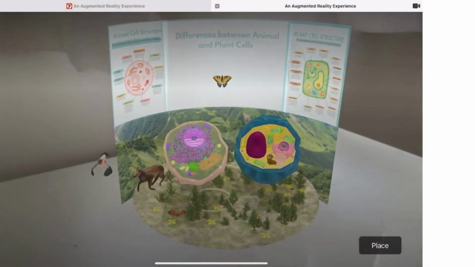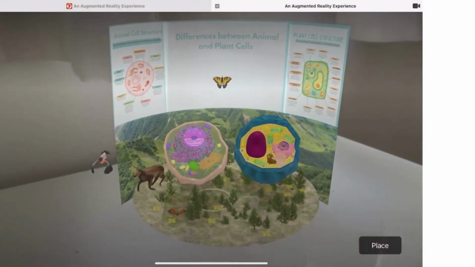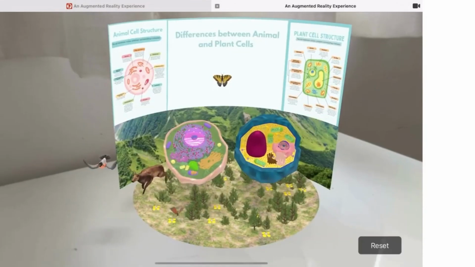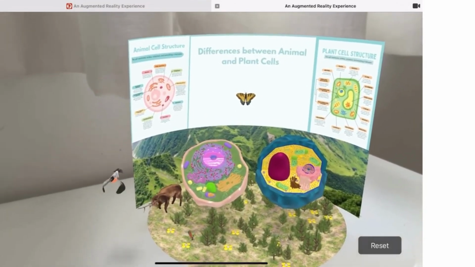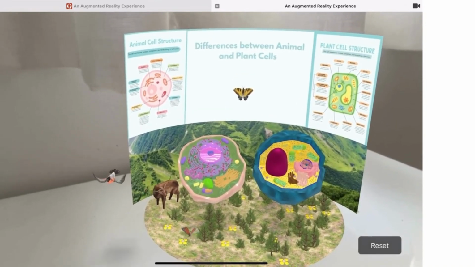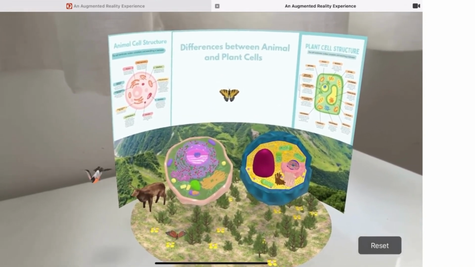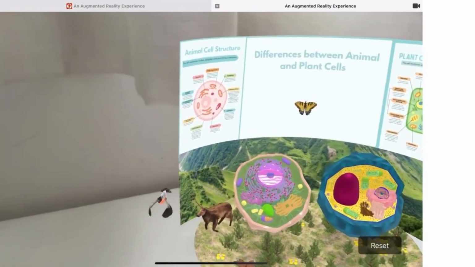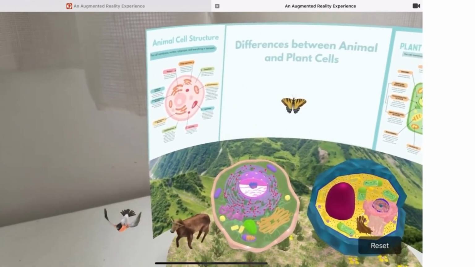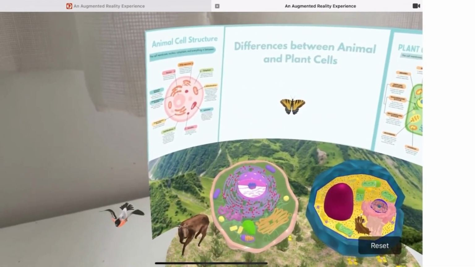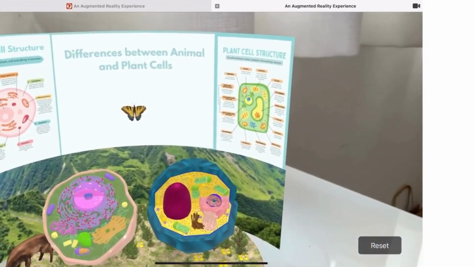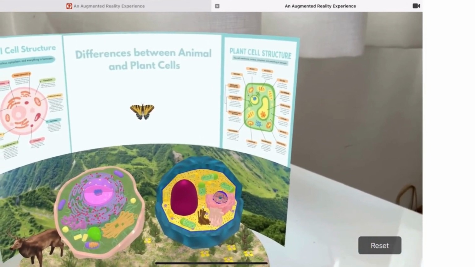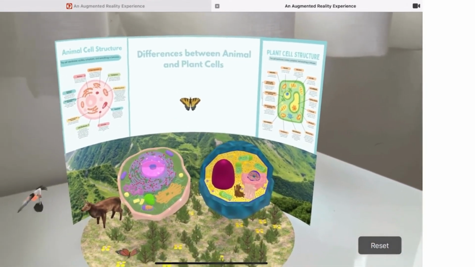We have created an augmented reality scene where we can differentiate two different types of cells. On the left side, we can visualize a scaled model of a real animal cell with all of its different parts. Behind it, we can see a poster that we have created with all the animal cell parts named and their functions. Beyond, on the right side, we can see a scaled model of a plant cell with all its parts. In the same way, behind it, we have created a poster that also explains its named parts and how